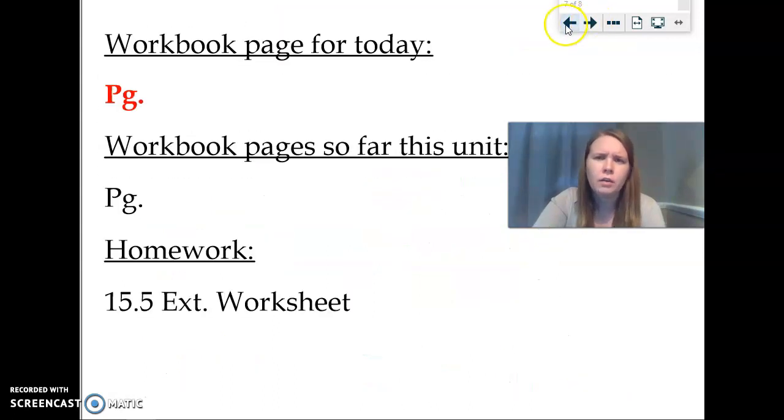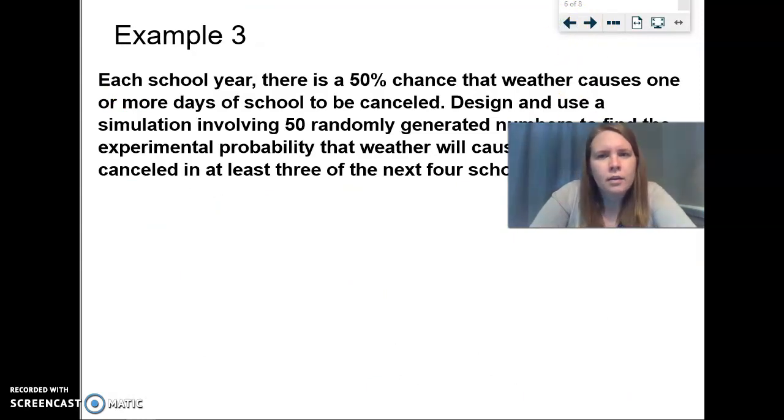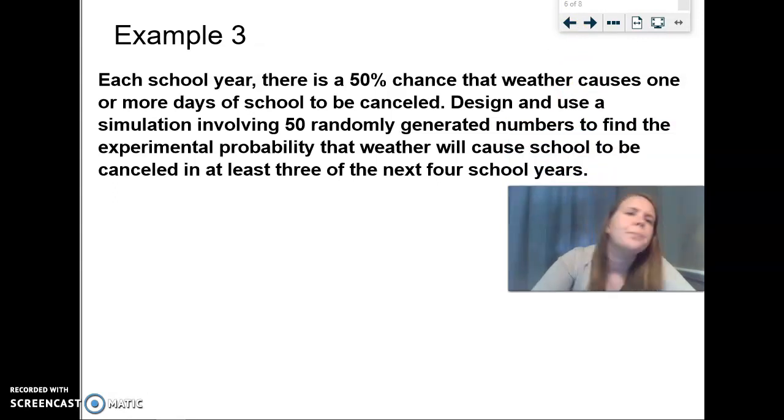3. Okay. Let's take a look at this one. Each year there is a 50% chance the weather causes one or more school days to be canceled. Design and use a simulation involving 50 random number generators. Find